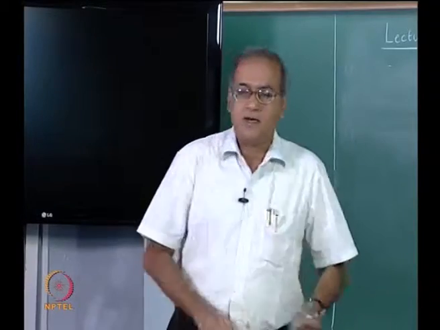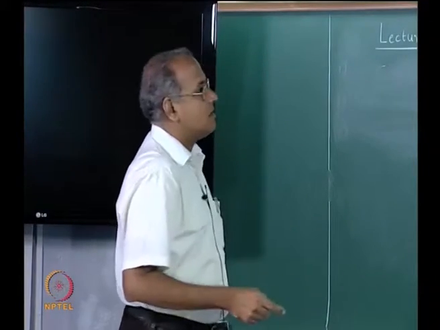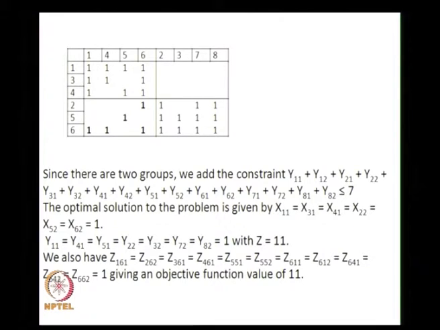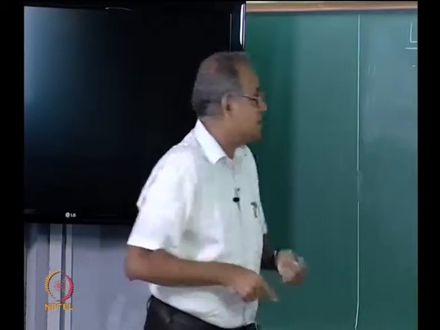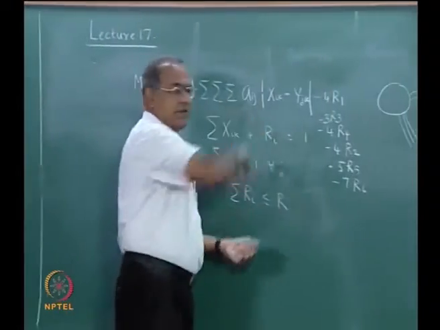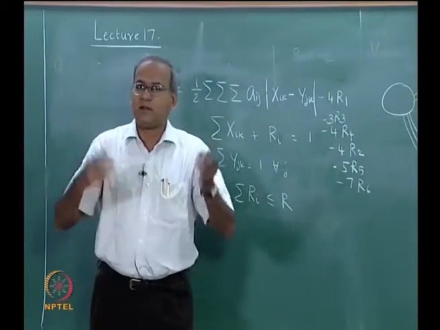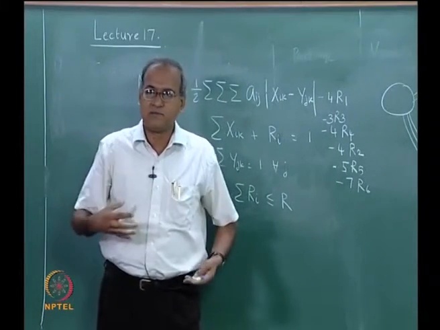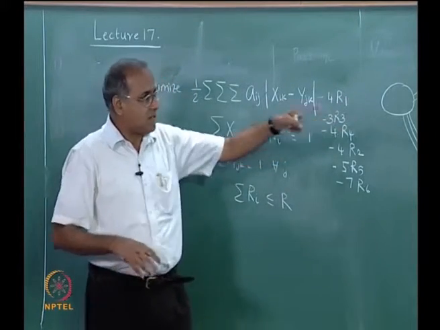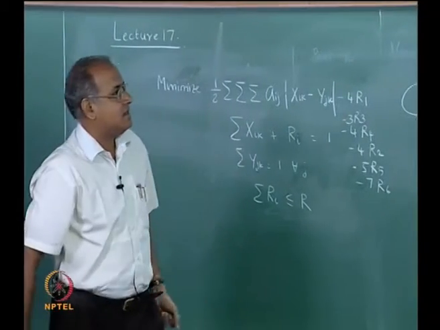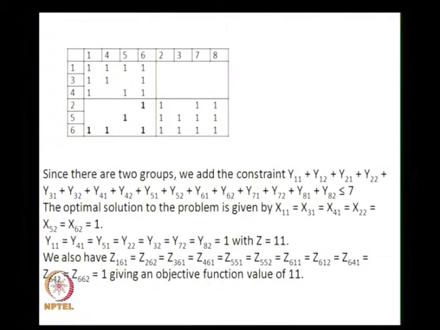Why do we do this? If machine number 6 goes to the remainder cell, then 7 moves are absorbed by the remainder cell. They are not intracell moves, but they are 7 moves that are absorbed by the remainder cell. So, this will be overestimating it by giving us a value of 9 or whatever. Those 7 will be taken. So, that has to be subtracted. Similarly, if 5 goes into the remainder cell, then another 5 moves are going to be absorbed by the remainder cell. So, that has to be subtracted.